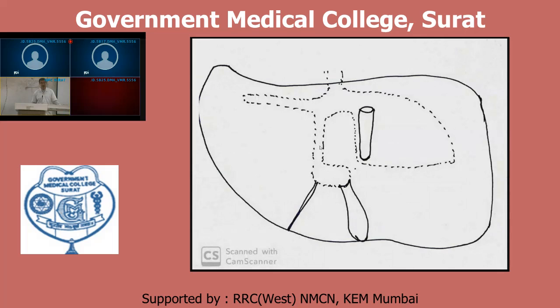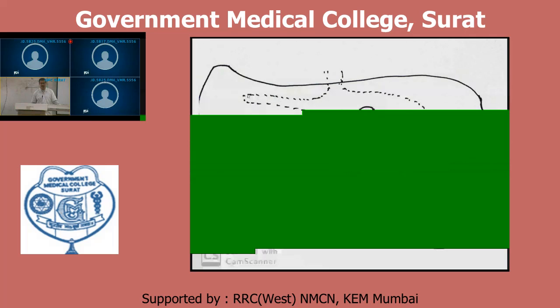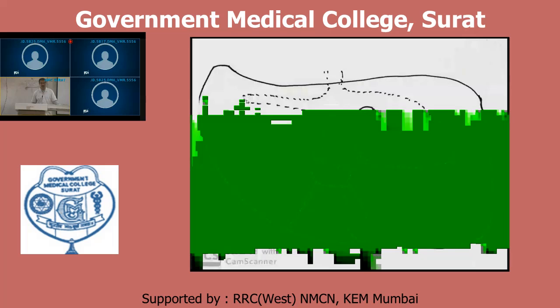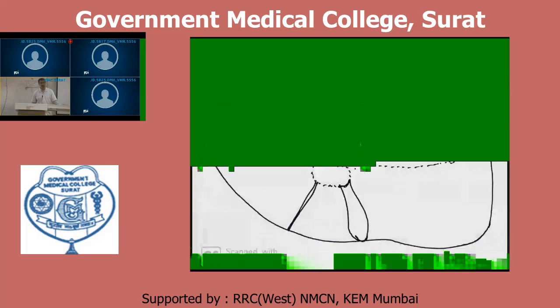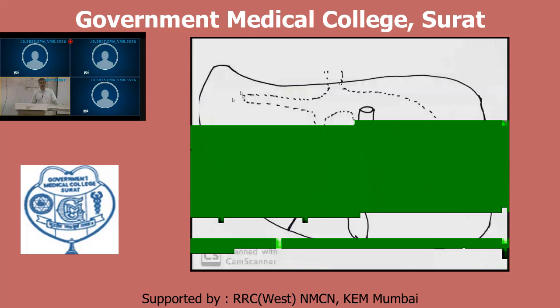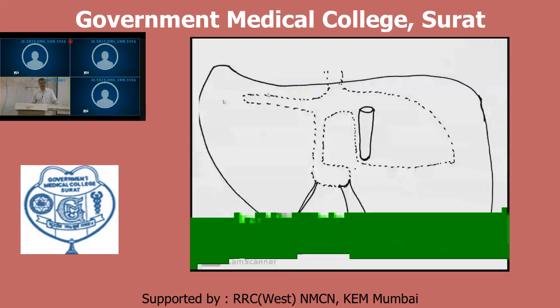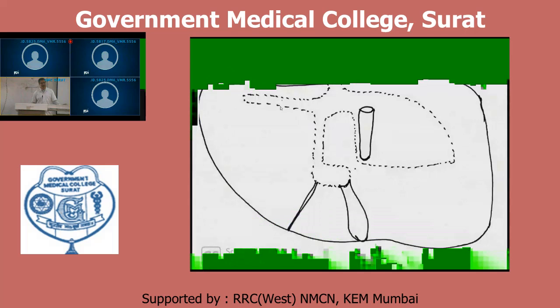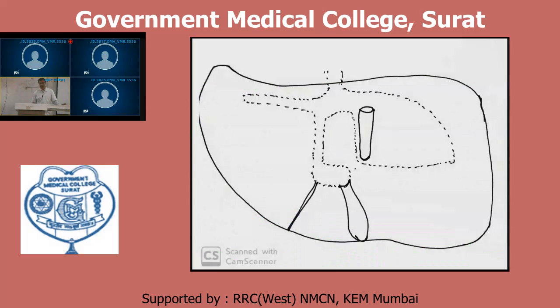Now again, this is the left triangular ligament indicated by the arrow, and this is the right triangular ligament. In relation with the inferior surface, up to the inferior margin of the liver, it will show the gallbladder. And in relation with the posterior and inferior surface of the liver, this is the attachment. Now you see the remaining attachment. In this figure you can see the liver just below the surface of the diaphragm.